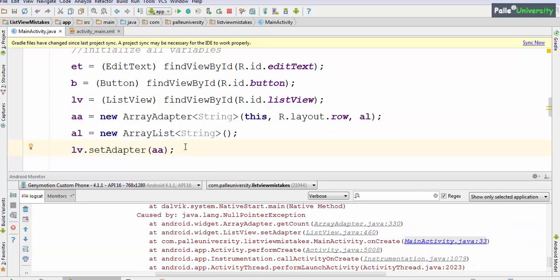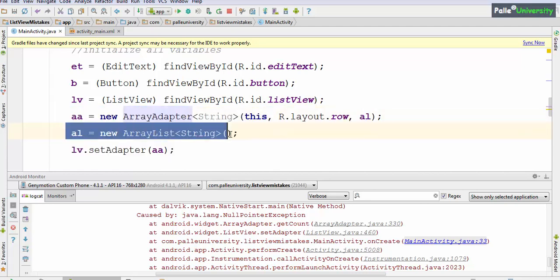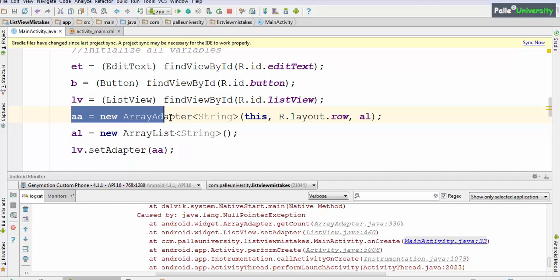I will tell you. Do you remember the pictorial representation of the adapter design pattern? First data has to go to the source. From the source, data has to go to the adapter, and from the adapter, data has to go to the destination. So based on that process, even while initializing, first you have to initialize the source, then you have to initialize the adapter, then only you have to initialize the list view. Here if you observe, in these 3 statements, we are first initializing the adapter, then we are initializing the array list, which is a wrong approach. First you have to create the array list, then only you have to create the array adapter.